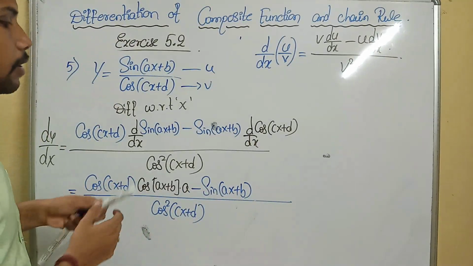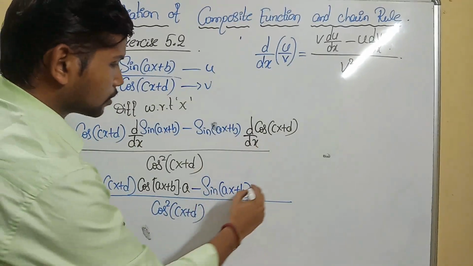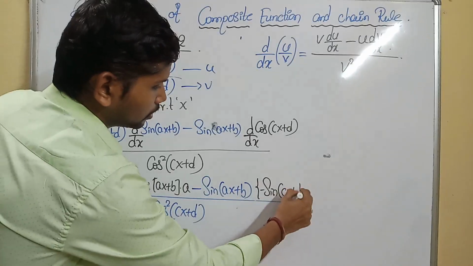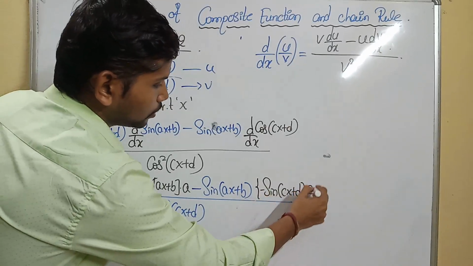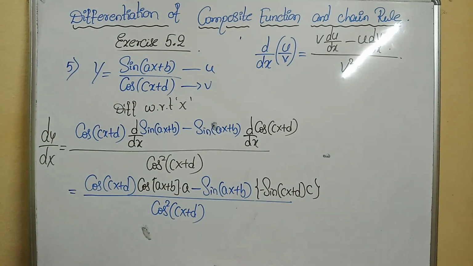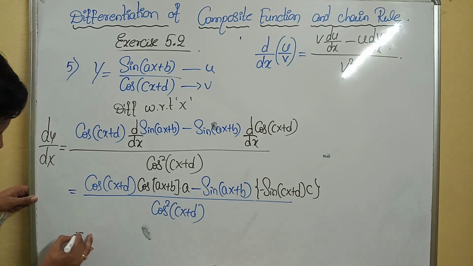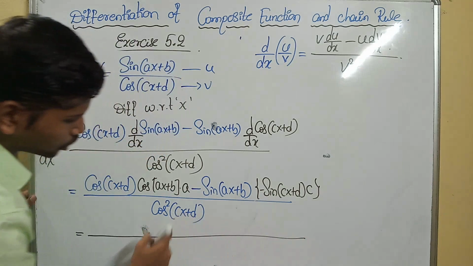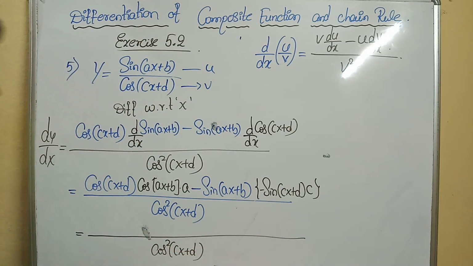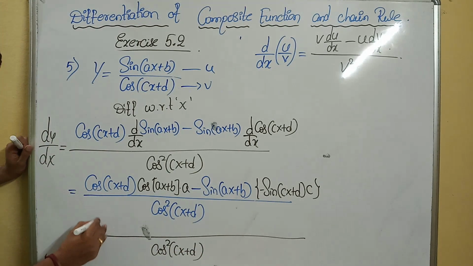Okay. Now after that, cos derivative. What is the cos derivative? Minus sine of cx plus d. What is cx derivative? Into c. D derivative will be 0. Got the point clearly? After this one, you need to simplify it. I don't want to change the denominator, it will be cos square of cx plus d as it is. Okay, now after that, it will be numerator cos of cx plus d.